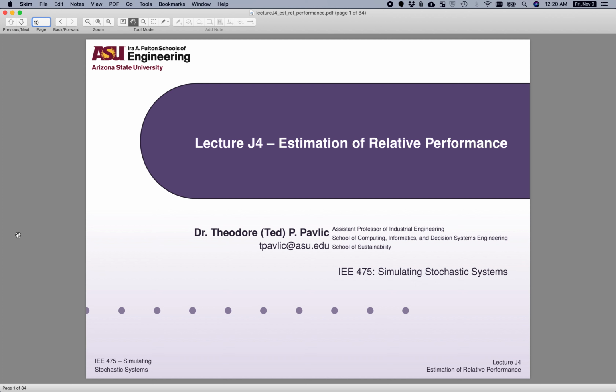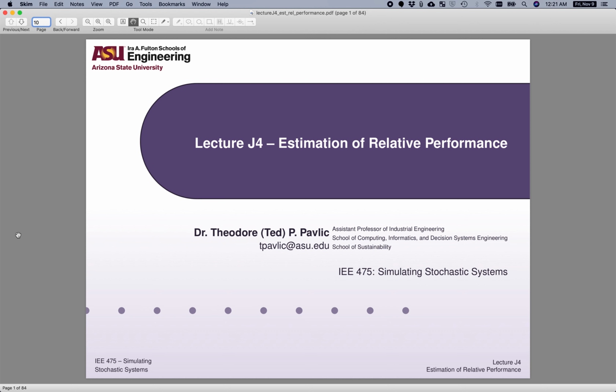So when we trust that this is a good estimate of the actual number of people who experience this bad performance. Now we're moving that to estimation of relative performance, which is often more useful because simulations aren't always a perfect match for reality, but they might be a nice qualitative match. And so it may be that your simulation doesn't give you a number which would match exactly what you would get out of the real system. But if you modify the sim in a particular way and it improves the performance in the simulation environment, then we may have high confidence that you'll get similar improvements in the real system.